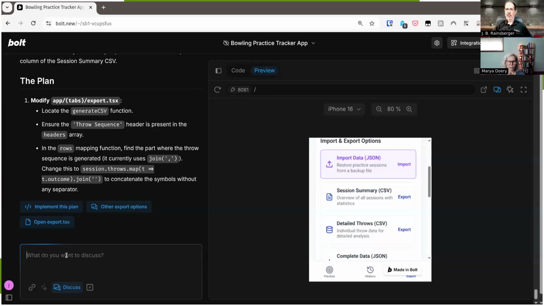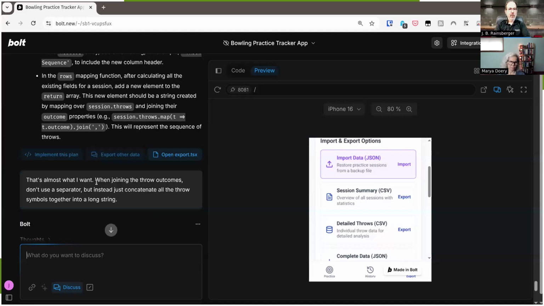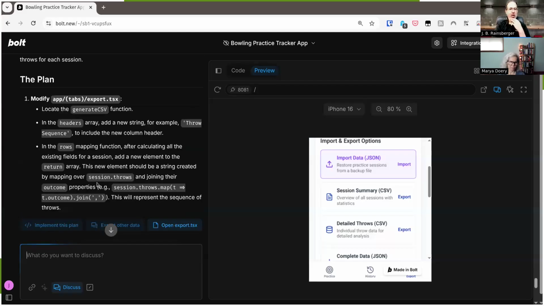Is it gonna mess up your current exports? So you've done some exporting. It says the throw sequence is generated, it currently uses join with commas. Where would that have been? Have you done exports that actually have those throw sequences with commas? Oh, that's interesting, I didn't notice that. Oh, now I want to read the previous plan a little bit more carefully.